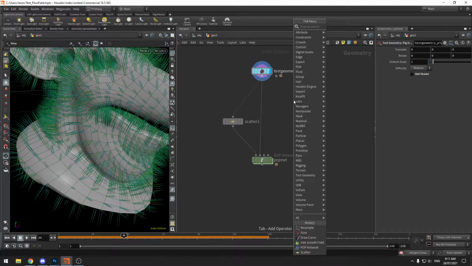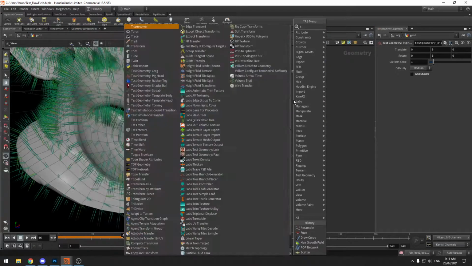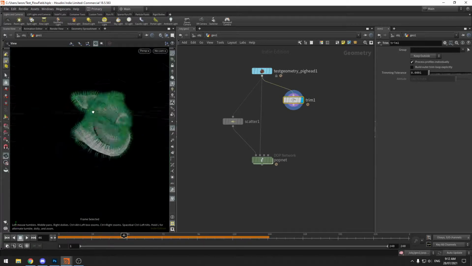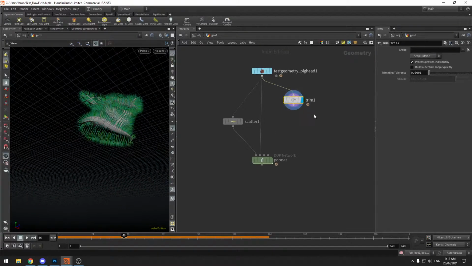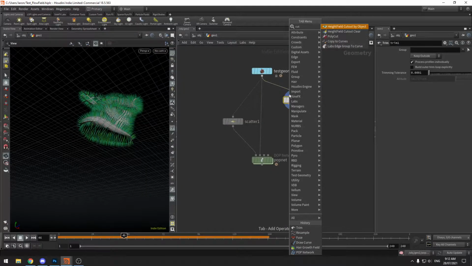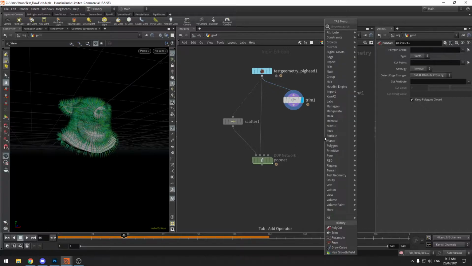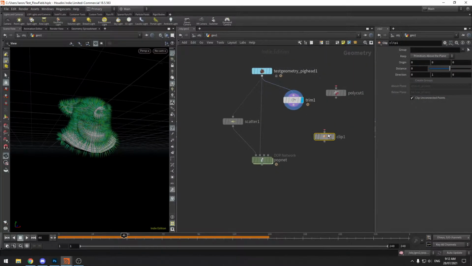Another way we can do this, I believe, is if we do like a trim. What was it? I think it's trim. I'm not too sure if it is trim. There's like a cut sort of thing, a way we can basically cut along like a curve. Probably a clip. A clip may work. So if we go clip,